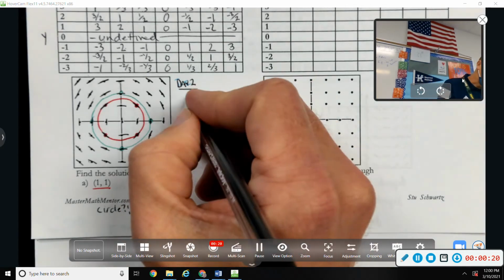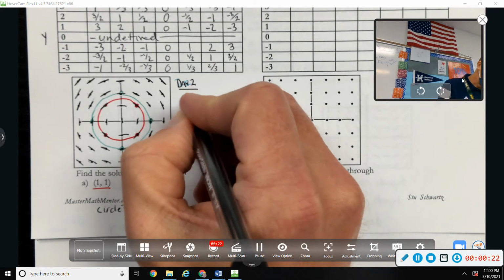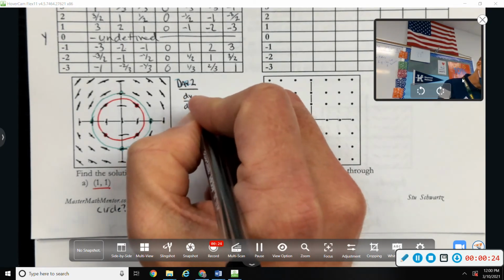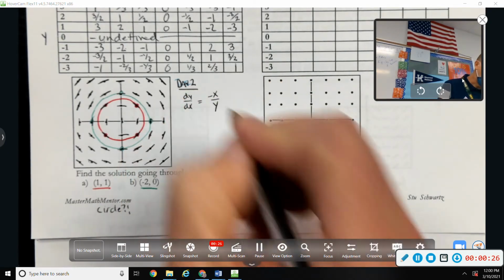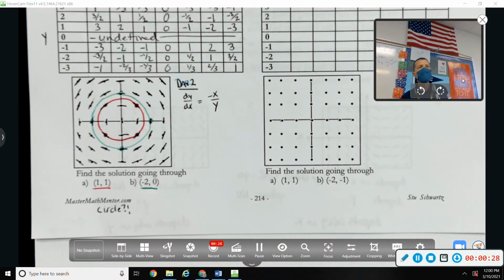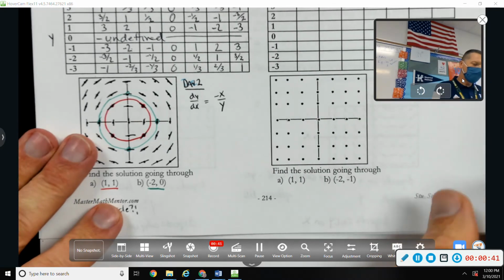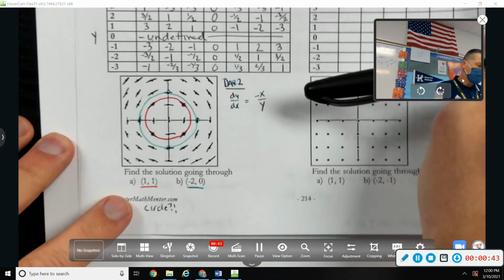So we're going to start with dy/dx equals negative x over y. And I can't really take the antiderivative of that, because I don't know how to take an antiderivative of x over y. So to solve this differential equation, the method we're going to use today,